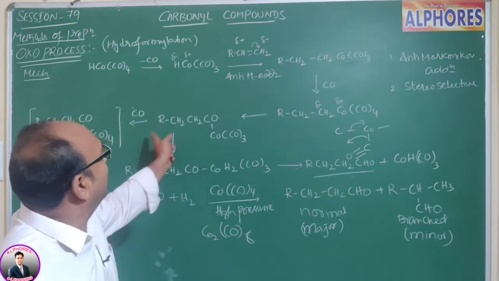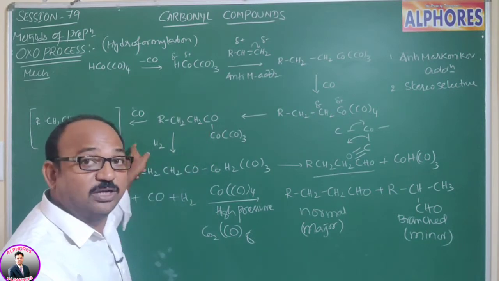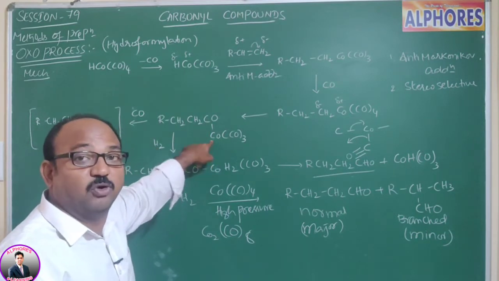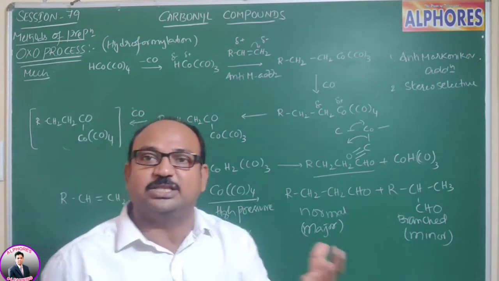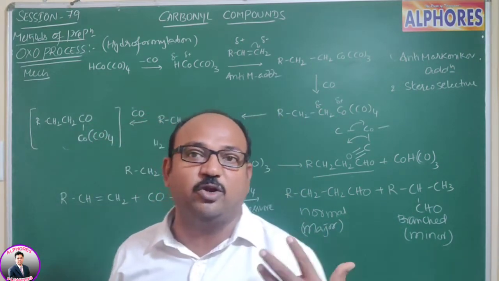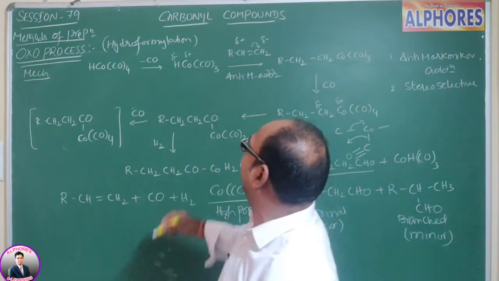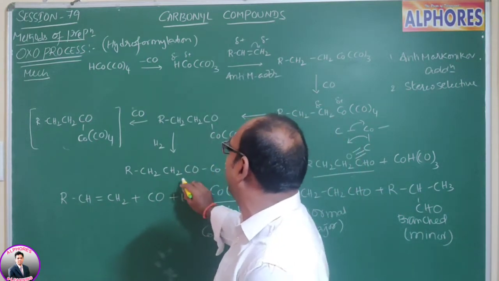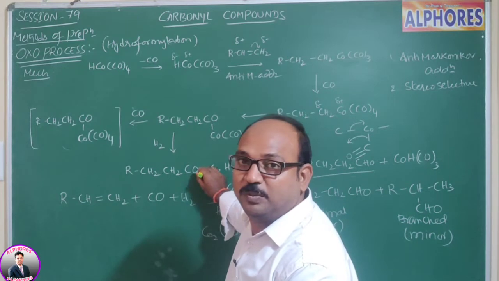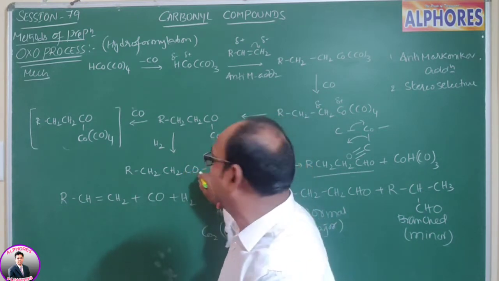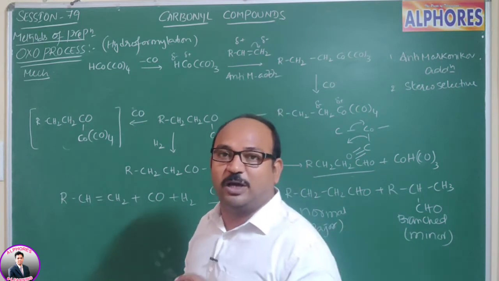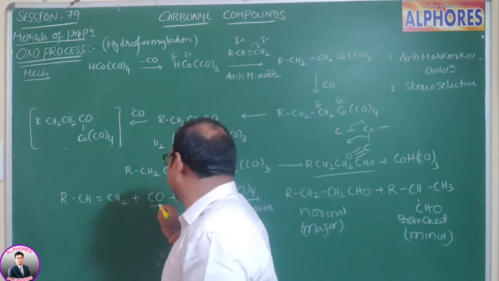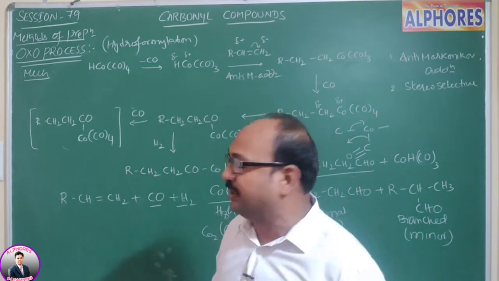And later, this one upon hydrogenation, both the hydrogen atoms are attached to cobalt, and once the hydrogen is attached to cobalt, obviously hydrogen is going to carry a negative charge. That negatively charged hydrogen easily comes and attacks the carbonyl group, and as a result you are getting CHO. So overall, if you observe here, the overall addition is addition of carbon monoxide and hydrogen,